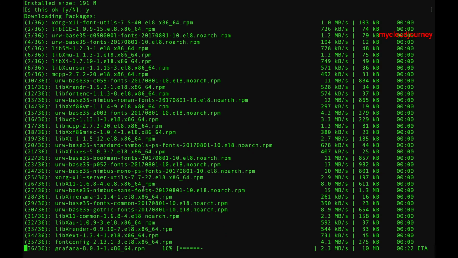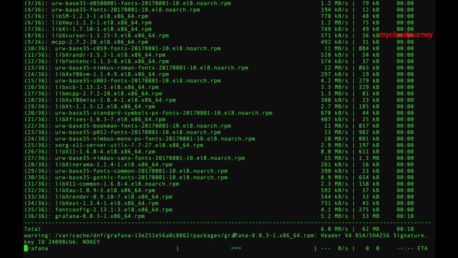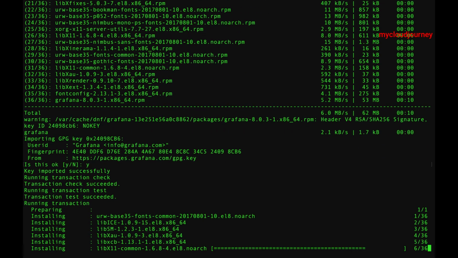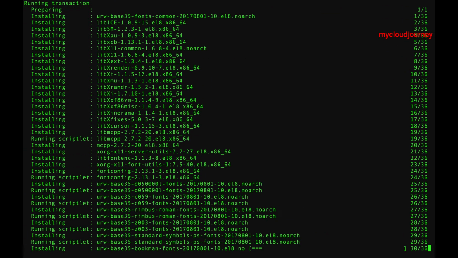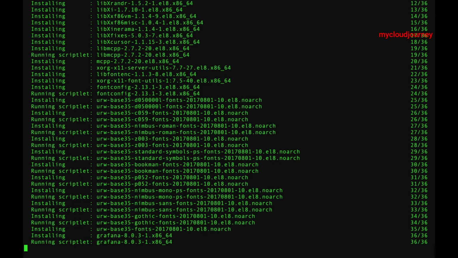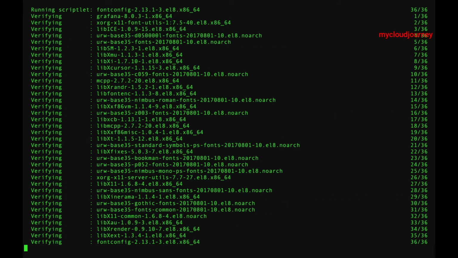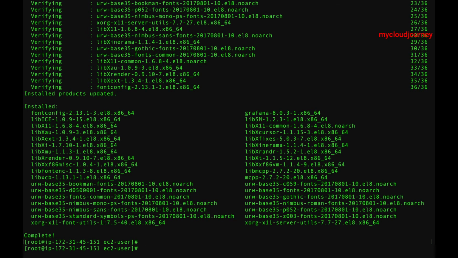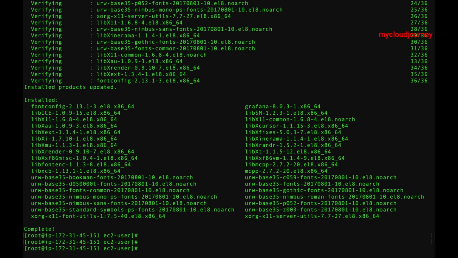It will take around 191 MB to download, and there are a total of 36 packages. The speed is quite good. Great, so the installation is done.